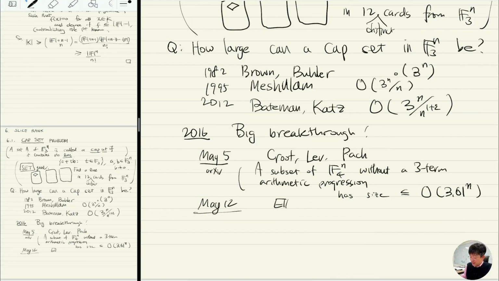John Ellenberg noticed that their argument can be modified to prove something more. So what happened precisely was, Ellenberg posted on the blog saying that this paper is interesting and they have great ideas. And then on May 15, Ellenberg realized